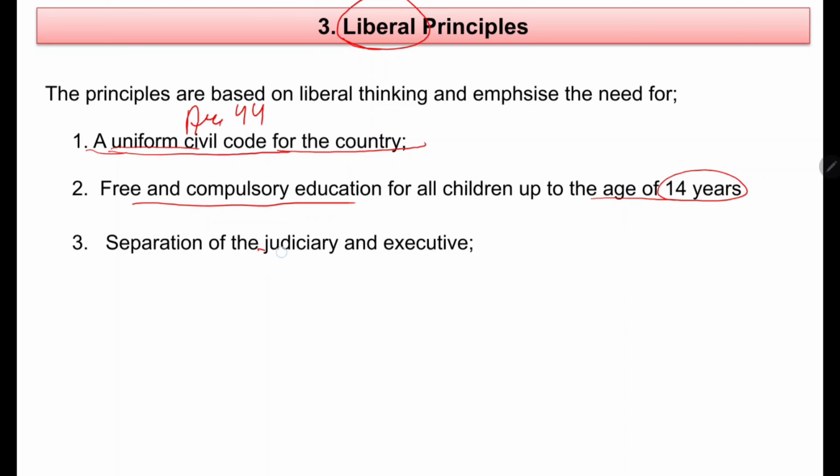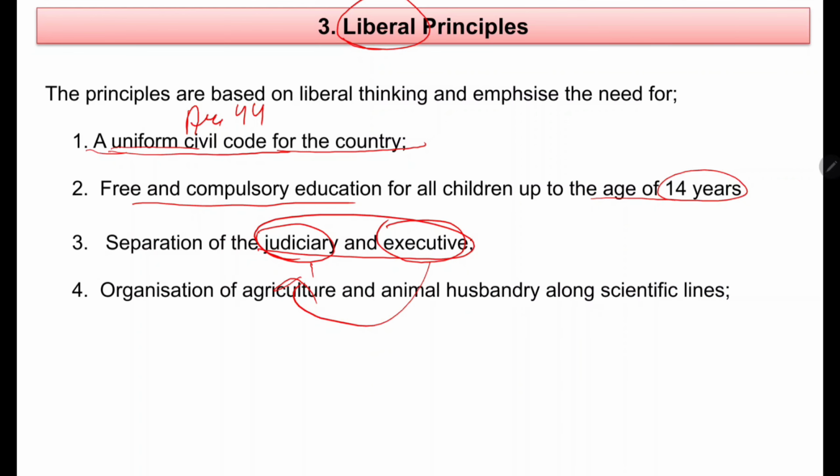Third, we have separation of judiciary and executive. See, it is separated, both of these bodies are independent bodies. Okay, in case there is no separation between judiciary and executive, then justice will not be provided, because the executive will take the judiciary in their hands, and the judiciary should give every decision in terms of law and in terms of general opinions, everything they have to see. But in case these are not separated, then the decision making of the judiciary will be hampered. For that purpose, there should be separation of judiciary and executive, and it is like that also. Okay, this was written during that time only.